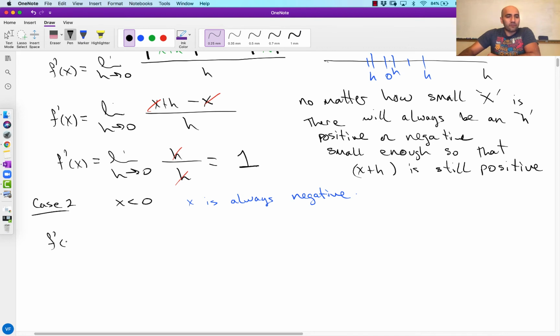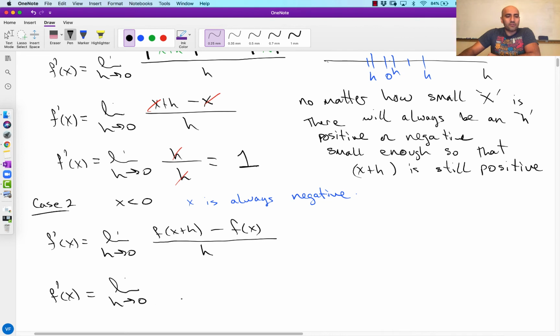So the derivative with respect to x is equal to the limit as h goes to 0 of f of x plus h minus f of x all over h. f prime of x is equal to the limit as h approaches 0 of